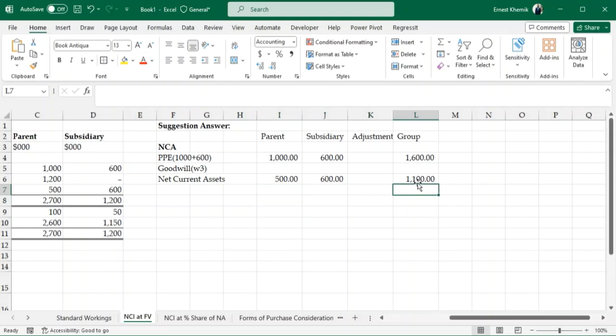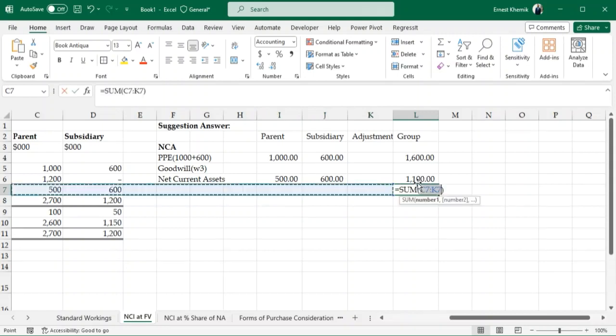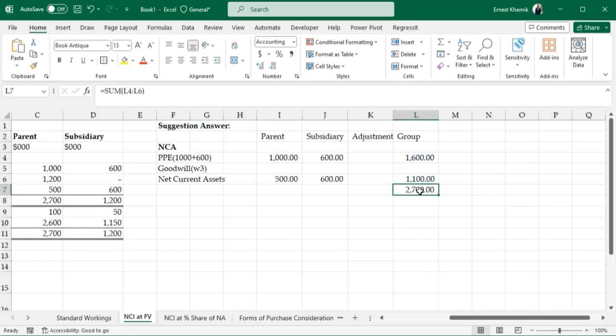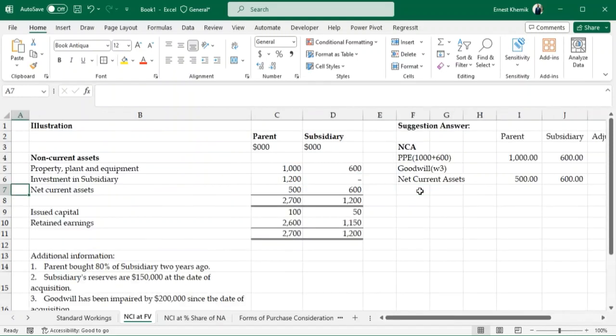So at the end of the day, I can sum these figures together. So let me come here. I'm summing these 3 figures together, and that will give me my total assets consolidated on this particular day. All right, then